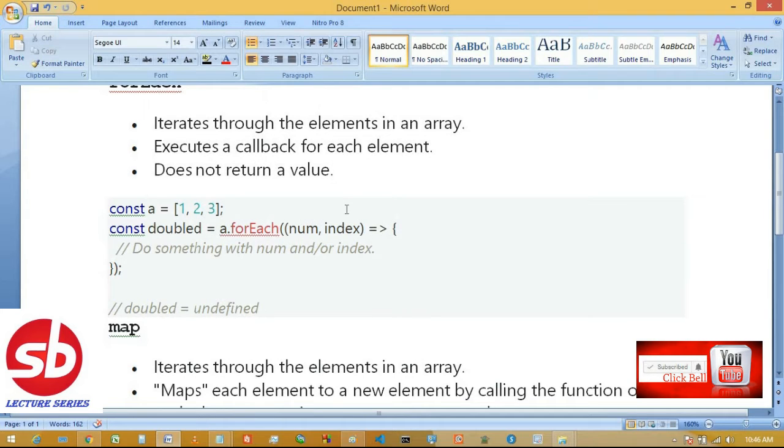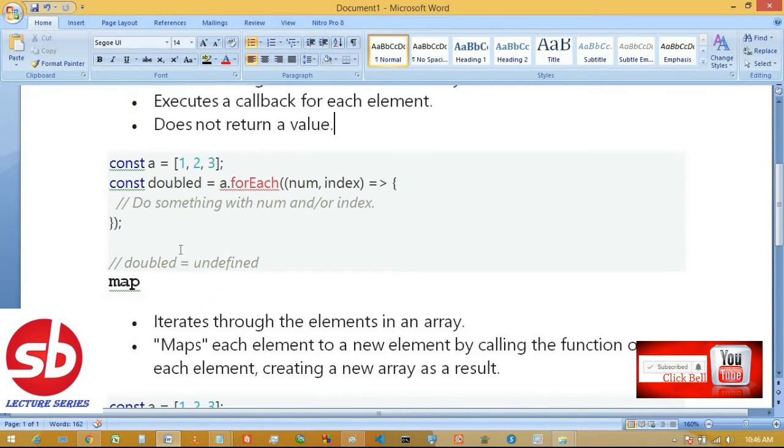Now the syntax for forEach is that suppose there is an array, const a equals 1 to 3, and next we want to iterate the elements of this array. For that purpose we have defined a variable doubled, and it is equal to a.forEach, that means array dot forEach.